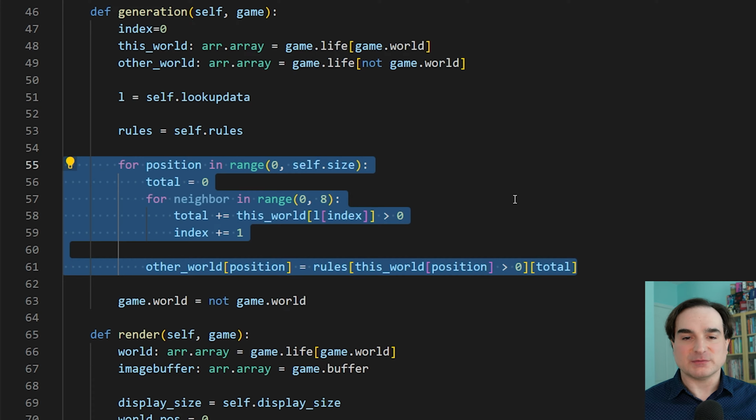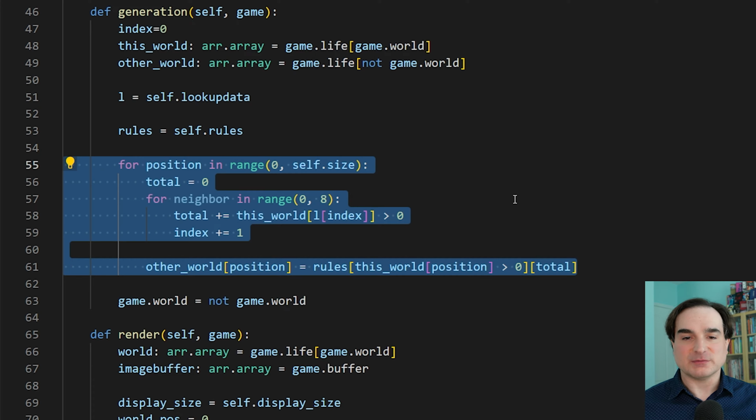Now, if we run this version of the code, the unoptimized version, you'll notice that this doesn't run very fast. According to the statistics we have here printing to the screen, it only manages about 13 or 14 updates a second because of how long it takes to compute each generation of cells.